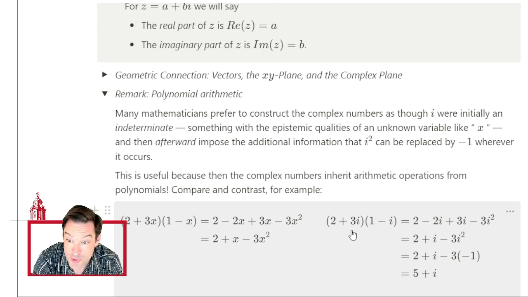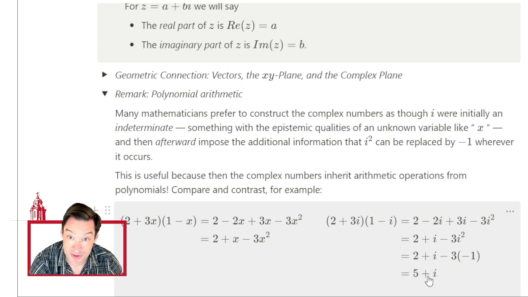So multiplying 2 plus 3i by 1 minus i looks just like multiplying 2 plus 3x by 1 minus x, because we know how to multiply polynomials. The difference with the i's is that in the end we can remember that when I have this i squared, I can replace it by -1 and simplify my answer into a real number plus some real multiple of i. So this is the game that mathematicians can play epistemically to get the complex numbers in a rigorous fashion. Right? We treat them just like they're polynomials, except that at the end of the day, we remember that